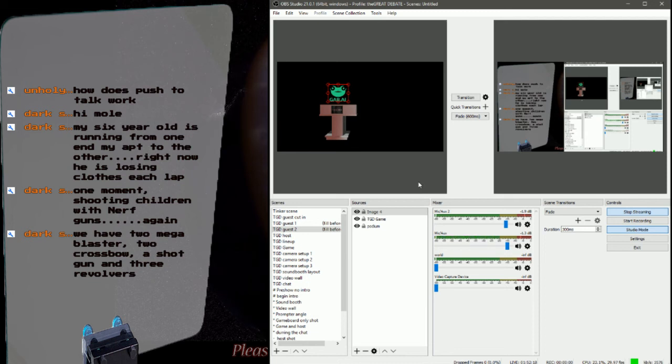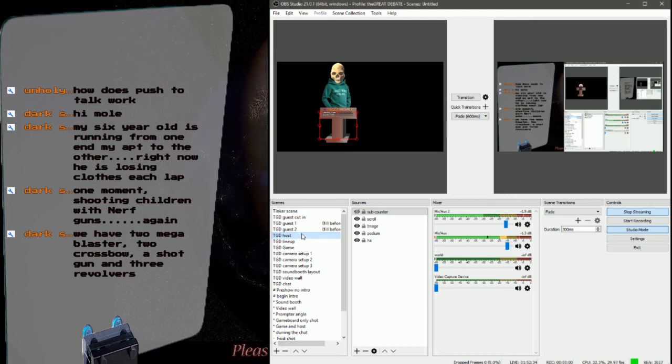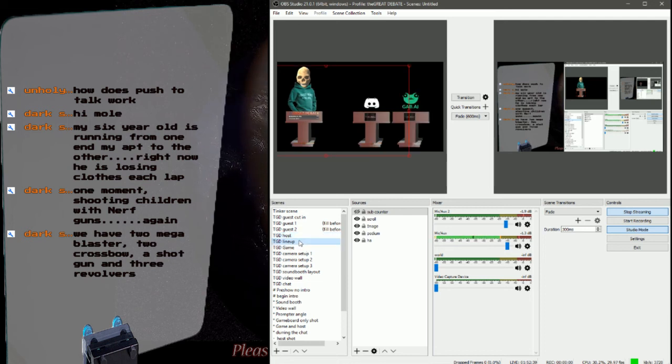Okay, so you see I got Gab on that podium, right? Yeah. And on the other podium, I got the Discord guy, which should pop up on your screen in just a minute. Then I've got my podium, and that'll pop up in just a second. And then all three of them come together on the lineup. Give it a second. There it goes.